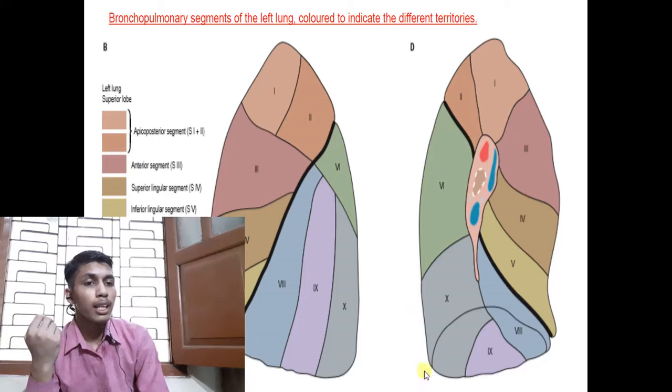Likewise, this is the medial aspect; this was the lateral aspect we have studied, and this one is the medial aspect. The characteristic for identifying the medial aspect of the right or the left lung is the presence of the root or the hilum of the lung, which easily distinguishes the medial aspect of the lung. So the structures also remain the same as here.